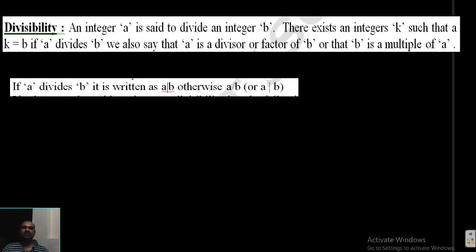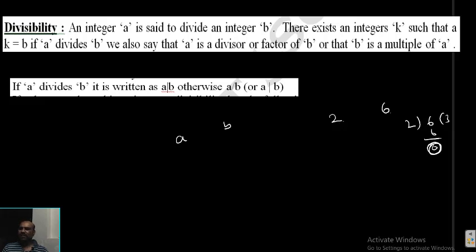Okay. Next concept, divisibility. A and B are two numbers. At what condition is A said to divide B? For example, 2 and 6 are two numbers. I can say 2 divides 6, or in other words I can say 6 is divisible by 2. 6 is divisible by 2 means what? If 6 is divided by 2, it leaves remainder 0. 2 3s are 6, remainder 0. With remainder 0, I can say that 2 divides 6 or 6 is divisible by 2.